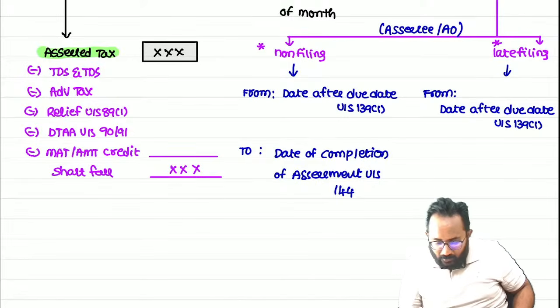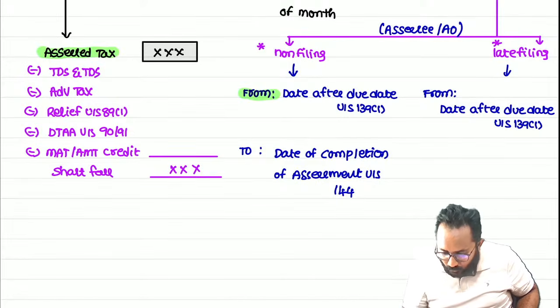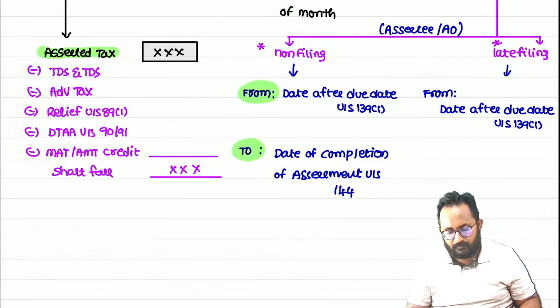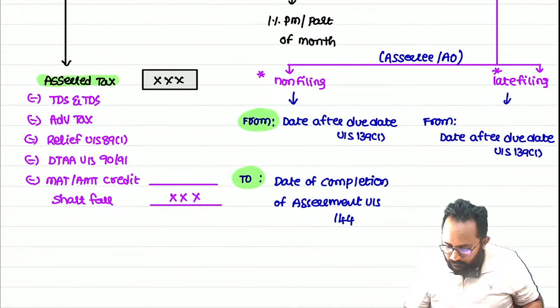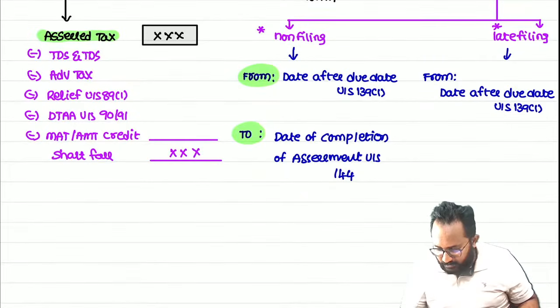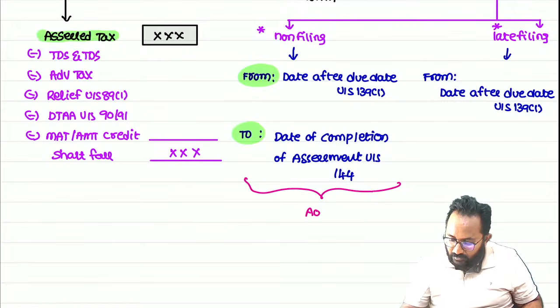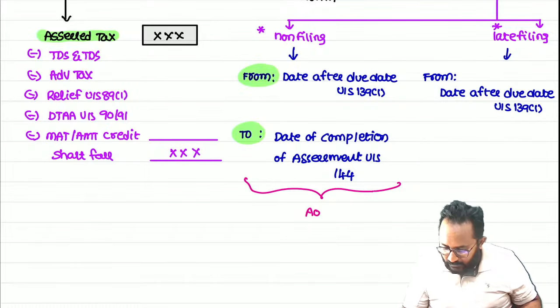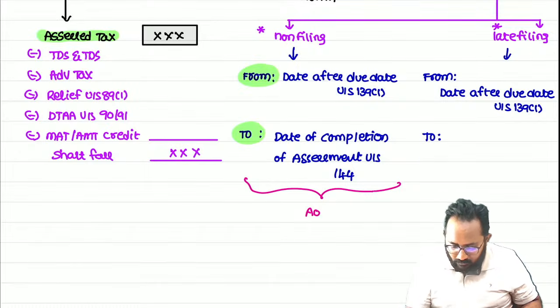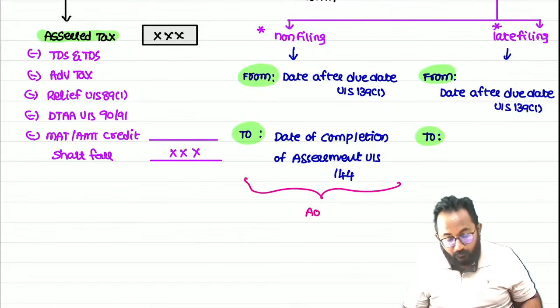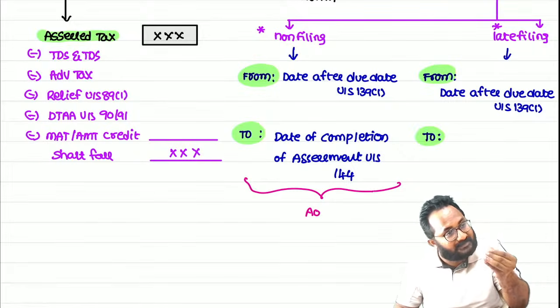Remember why we are taking these dates? Because here who will compute interest directly, ma? AO only. Ma, one more thing, I will give you more clarity. Here it will be calculated only by the AO, and the AO will take this period. But in case of late filing, first who will compute? SSE. Then after, who will compute? AO. So that's why here both are computing. In both the computations we need to take the same period.